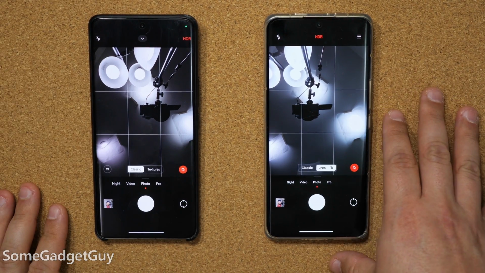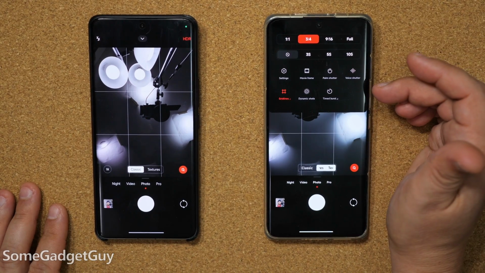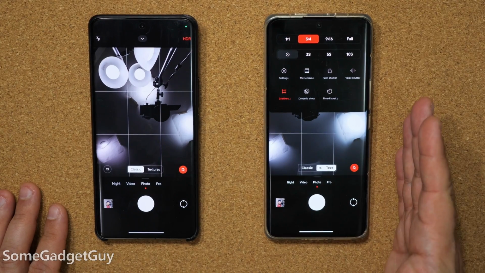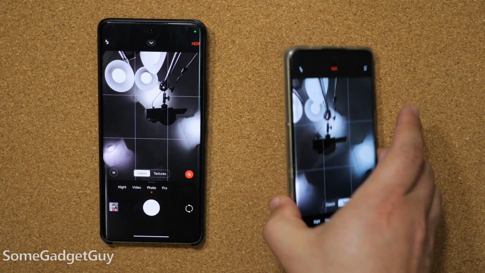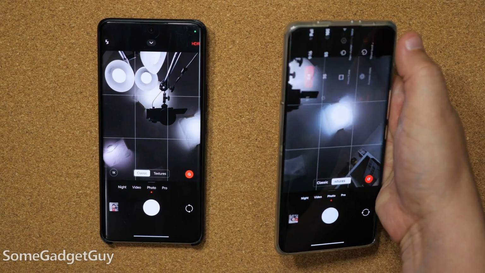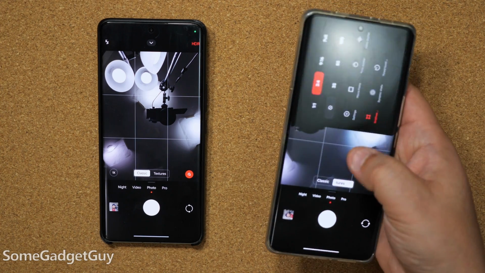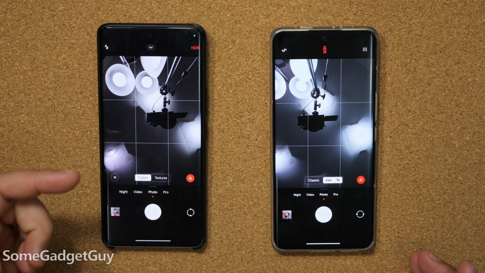So I really like the layout. I actually prefer the camera layout on the older Xiaomi camera apps, where you've got these top mounted panels, especially when you're shooting in landscape orientation, not in portrait orientation. But if you're shooting mostly in portrait orientation, I get the folks who say it's a reach. You've got to get your thumb up there, and then you've got to reorient your hand as you're holding the phone. I honestly haven't loved how all of the panels and settings are organized on the newer Xiaomi